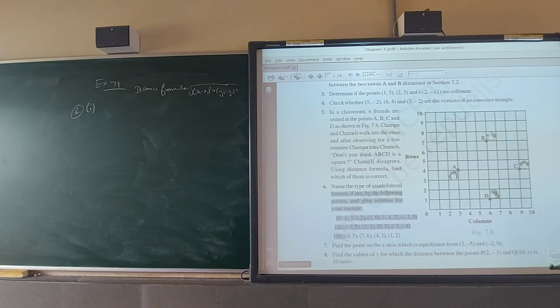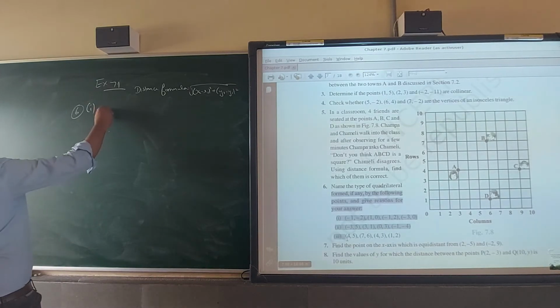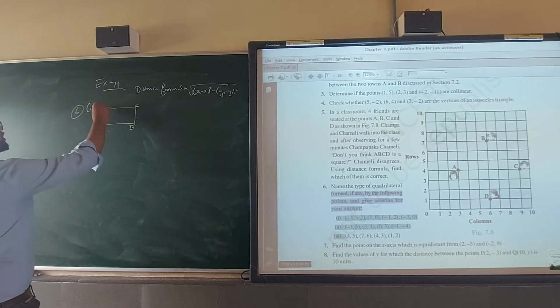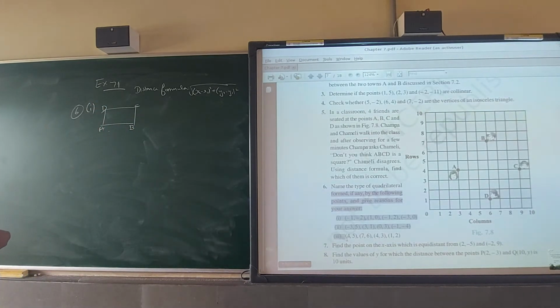Again it is the same type of question, where the points are given and we have to check which type of quadrilateral it is. First one, if I make A, B, C and D,